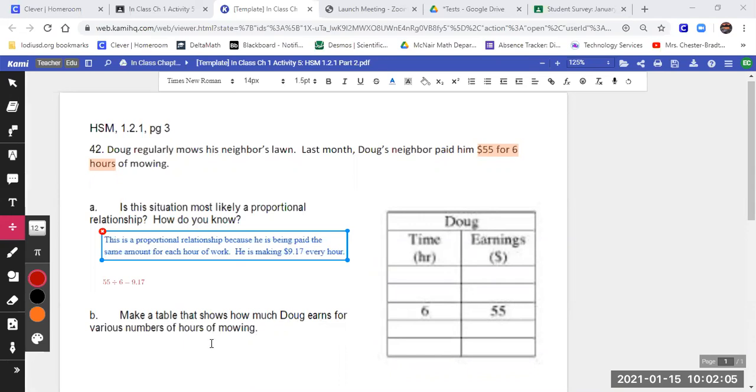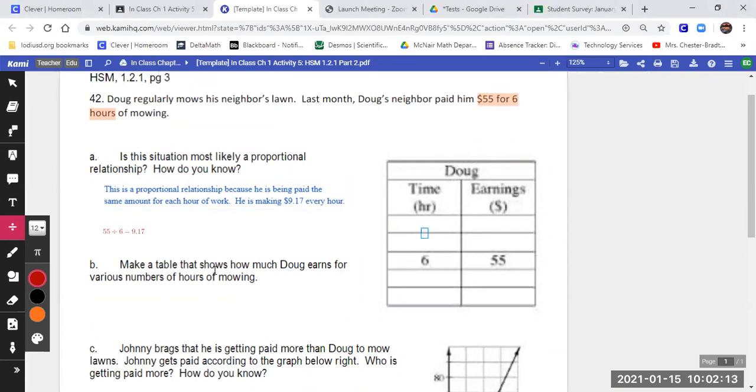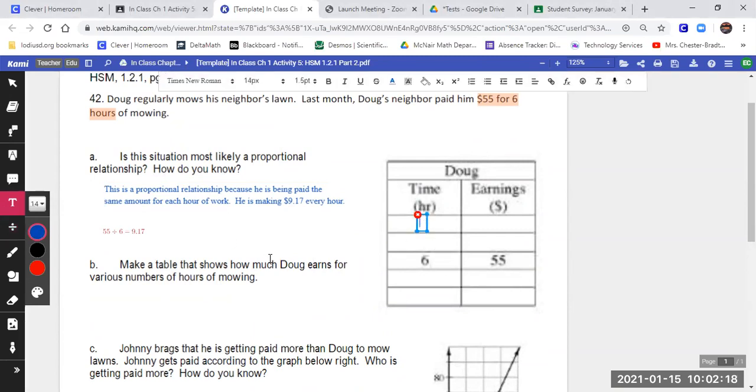All right. So make a table that shows what Doug earns for the various hours. Okay, so we know how much he earns for 1 hour. We just did it. Oops, text box. We said $9.17 for how many hours? Click twice, 1 hour. Okay,